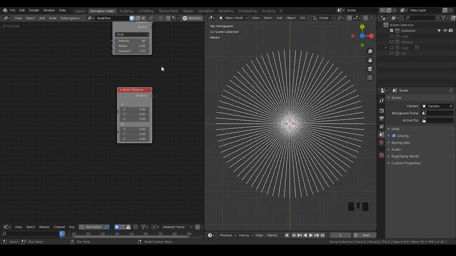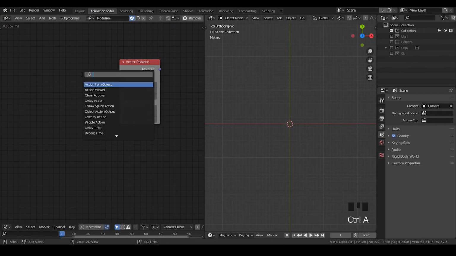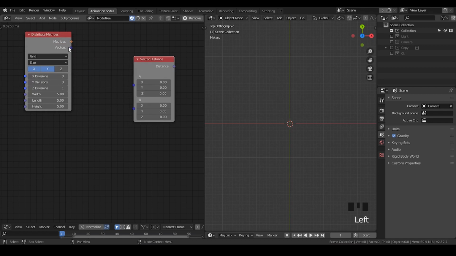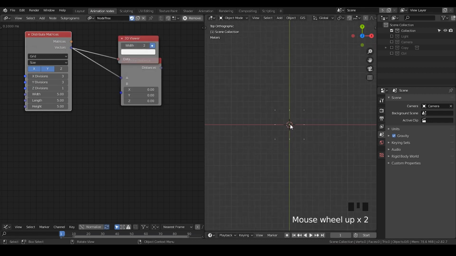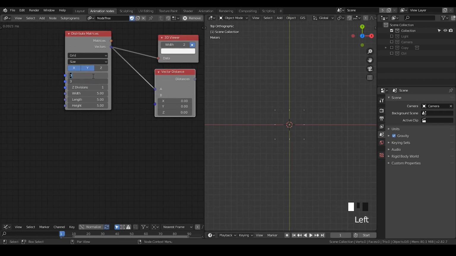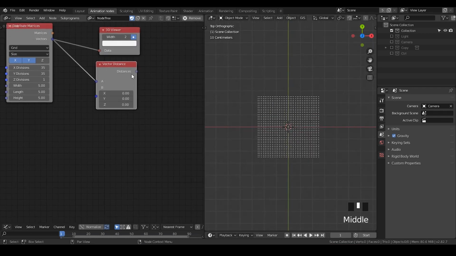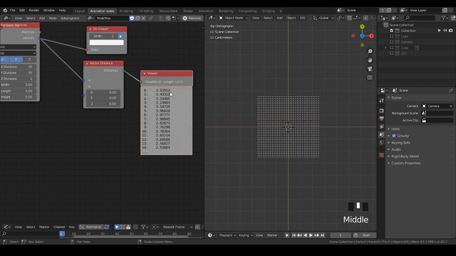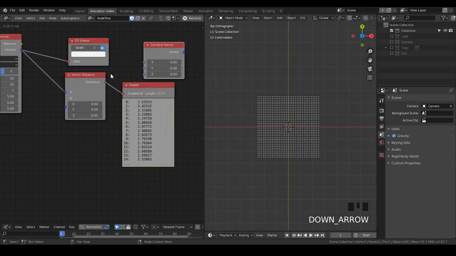build the preset. So let's first delete what we just generated. Here I'm going to take a distribute matrices node, and put these vectors into A. I'm going to evaluate all these vectors' distance compared to the origin. You can define B, but we're going to do that later. Now we have a grid, and I'm going to evaluate all these values. The distance is a single value instead of vectors. We're going to put all this distance